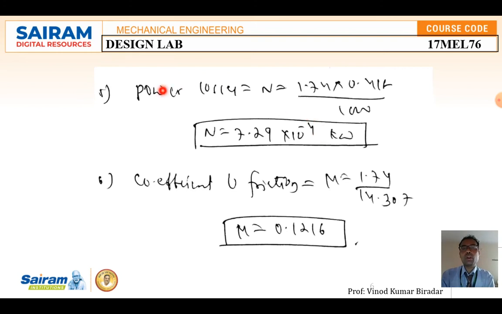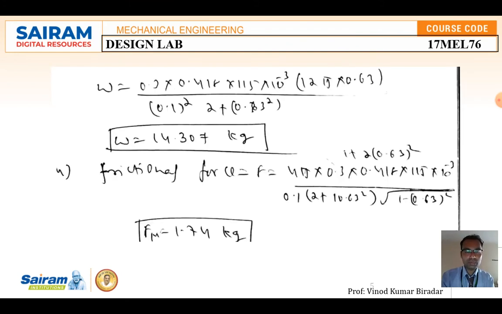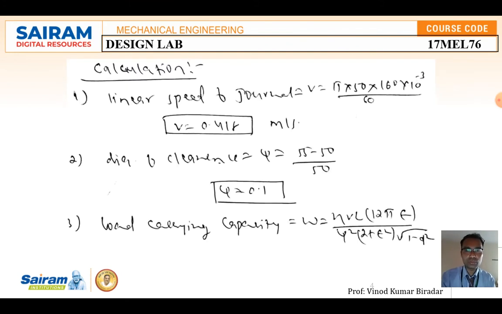Okay, so all these values and formulas I gave in the beginning stage. Note them down, then substitute here. I forgot to put the formula here. In the manual I have given all the formulas. So the coefficient of friction mu is equal to 1.74 divided by 14.30. So the coefficient of friction is equal to 0.1216. Okay, so you calculate all these parts. The formulas are given in the manual, that is the booklet. Here I substituted direct values, but you look at the formulas also. So first write the formula, then substitute here, and you are going to get all the values.